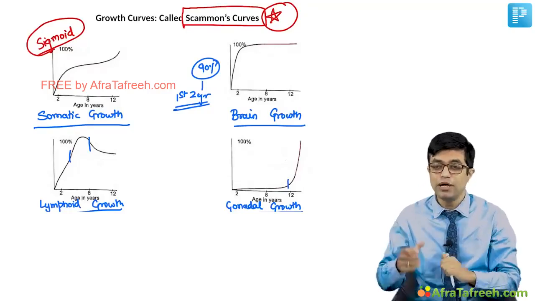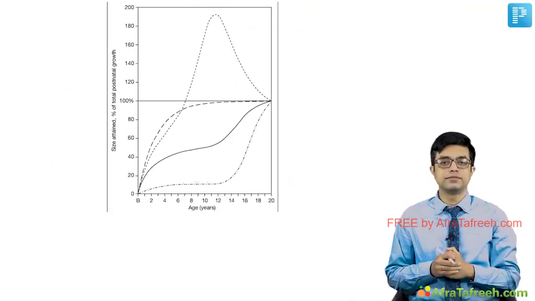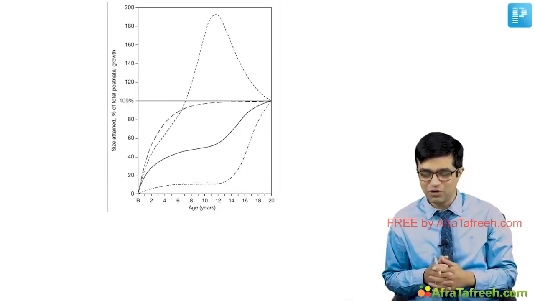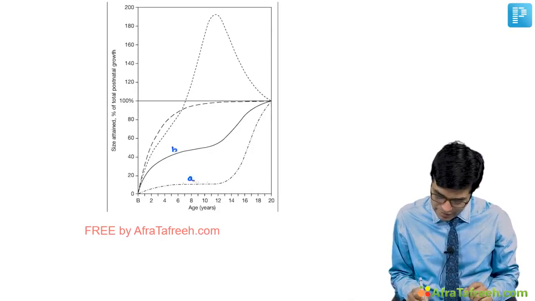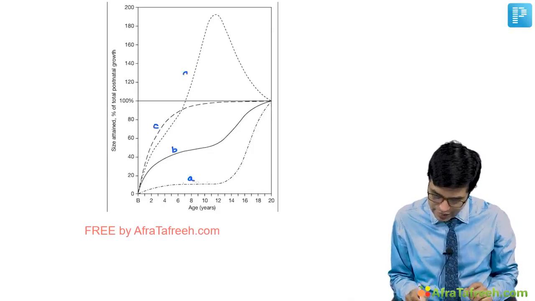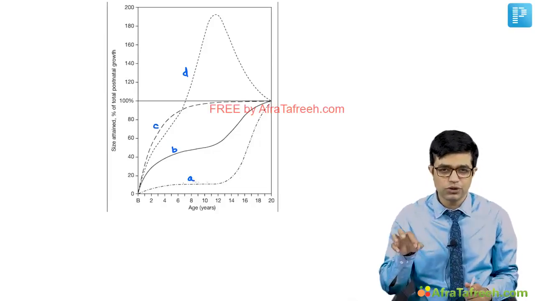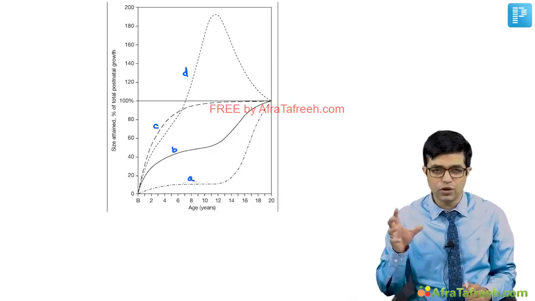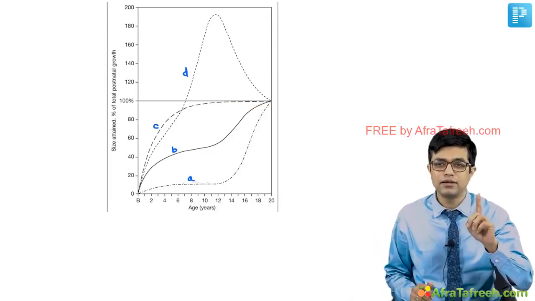Questions can be asked not only in statement-based form but even in visuals. How can visuals be asked? They can put up a combined photograph, and they would label it as A, B, C and D, and ask you to look at the four growth curves shown for a normal human child and identify and mark the correct option.